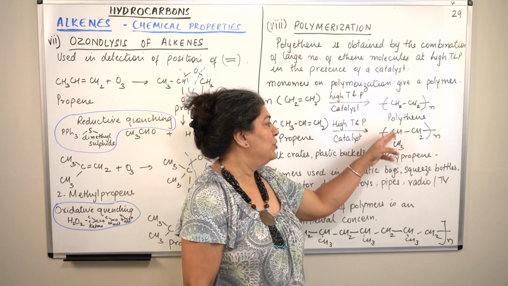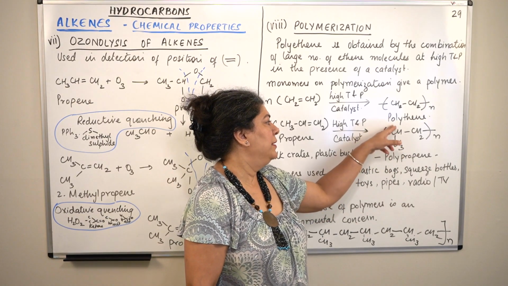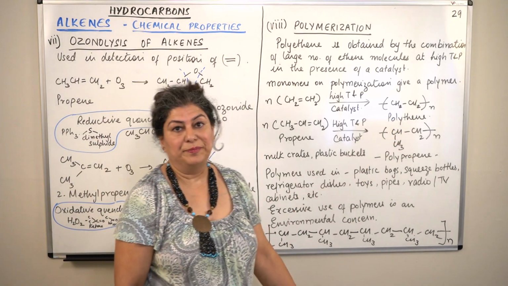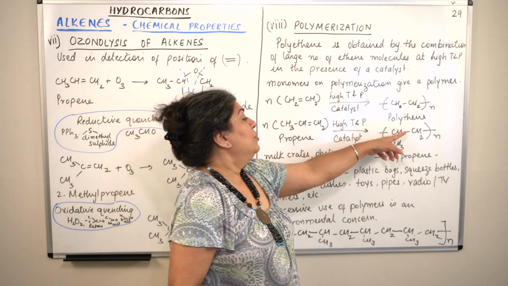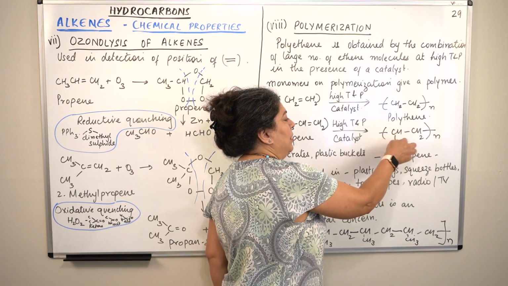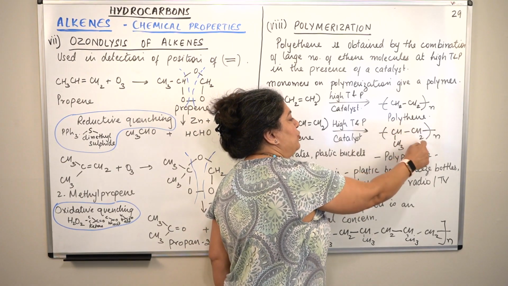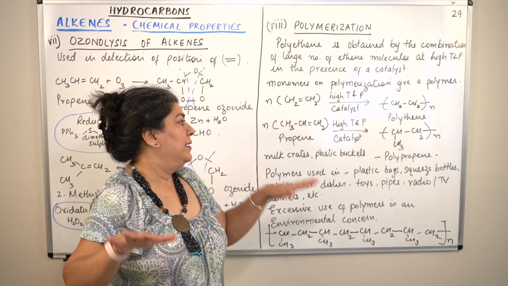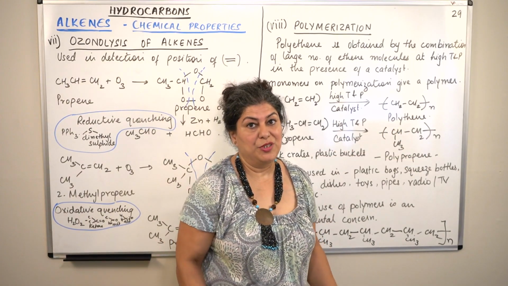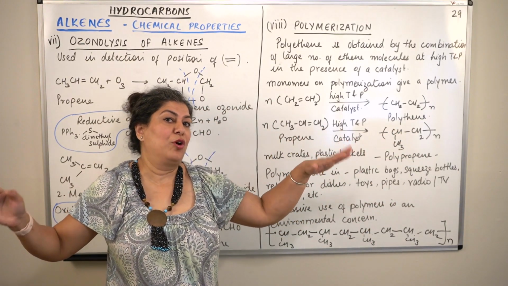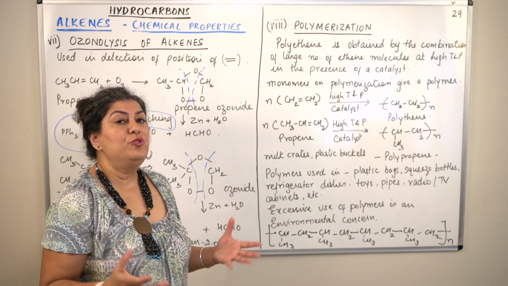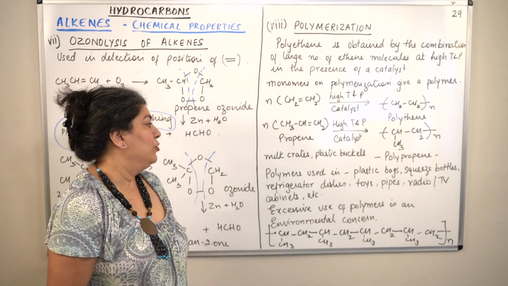So even if there were two other methyl groups, you would have attached one methyl here and one methyl here, which actually we just write the H here. It means the same thing, that the hydrogen is on top here. So the two carbons with the double bond are put inside the bracket, and of course the rest of the species are also put around the carbons, but you show the dangling electrons, so that you show that the polymerization has taken place due to these two carbon atoms combining with the similar carbon atoms of the other molecules. So where do we use these polymerized molecules or plastics?